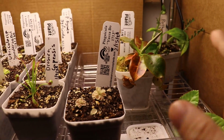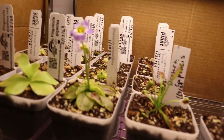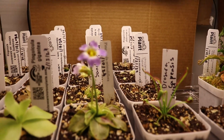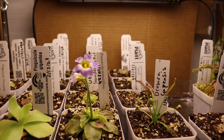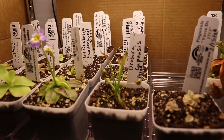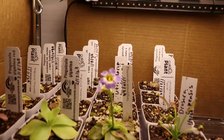I moved my Cephalotus to my windowsill, I'll show that in a second. I also have my Venus flytraps on my windowsill, so they're going to be coming out of dormancy real soon. I'll show you a quick video of that later on. But yeah,